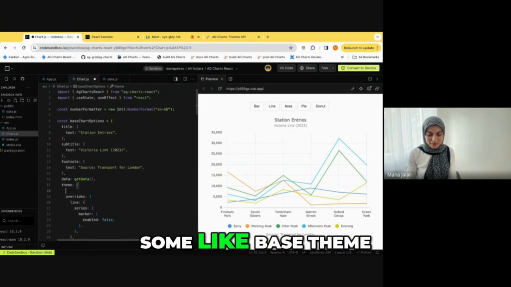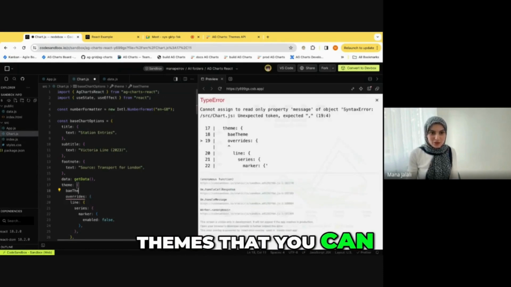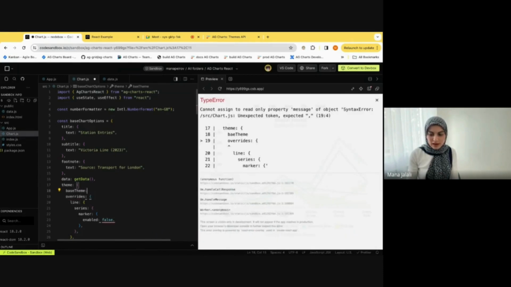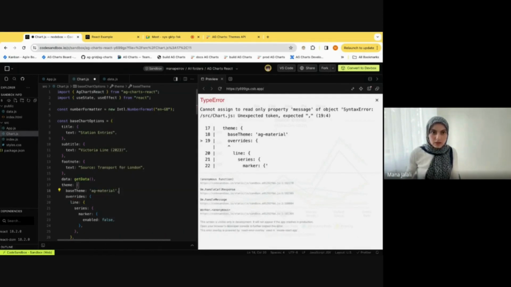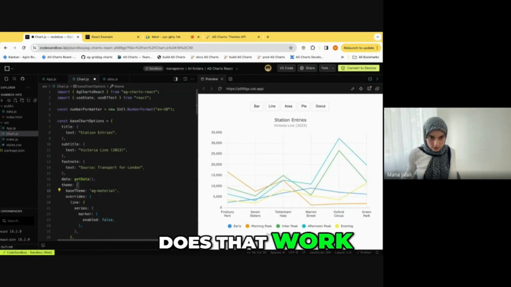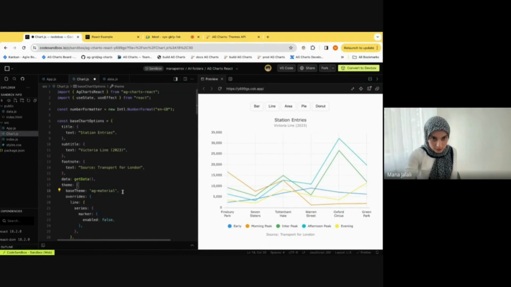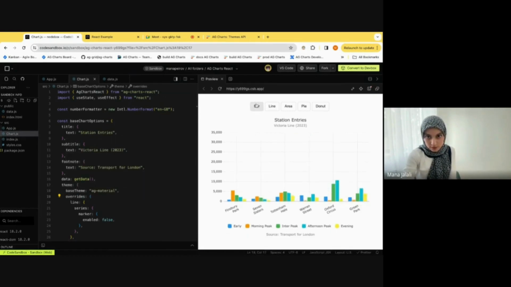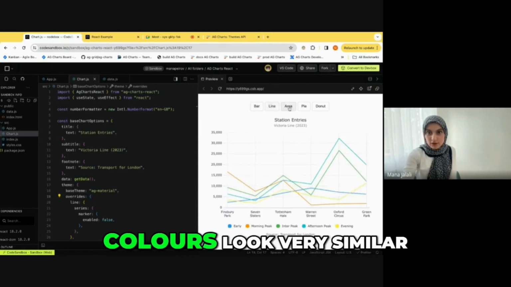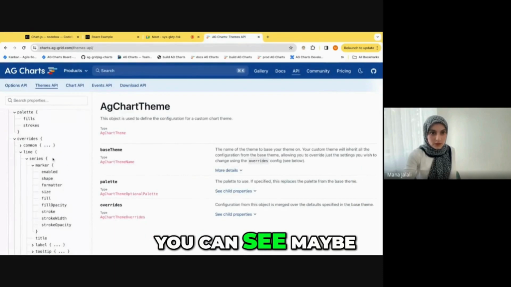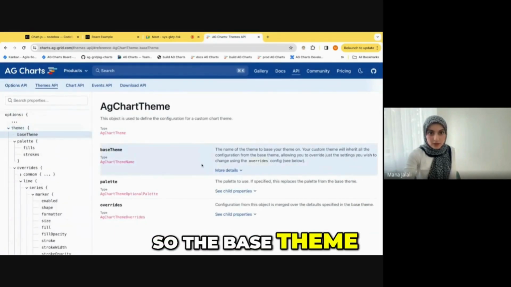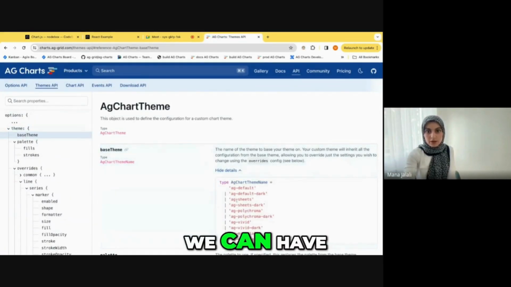We also have some base themes that you can use out of the box. I'm going to go for material because I love that theme. Does that work? Can't even tell. Yeah, it did. Colors look very similar. You can use one that's not very similar so you can see, maybe. So the base theme, we can have,